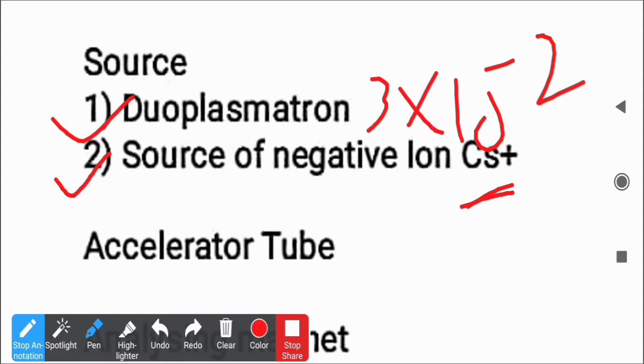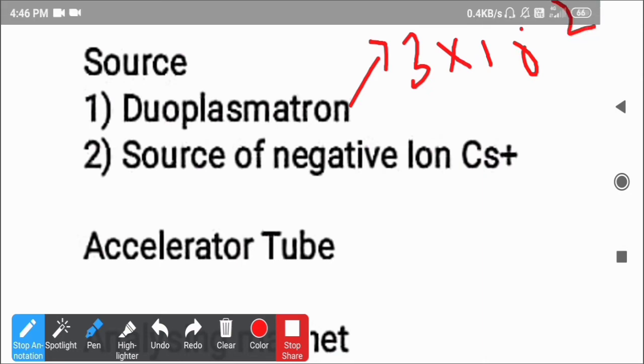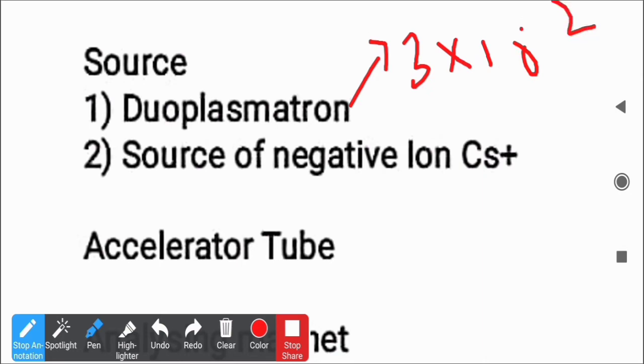Okay, so in the first stage the pressure of this tube is maintained at 3 into 10 raised to minus 2 torr, and the voltage is typically kept low, which is around 20 volt. So this primary or first stage is maintained at this high pressure and low voltage between a thermionic cathode and an intermediate electrode or the sample electrode. Okay, so this electrode is acting as a primary anode.